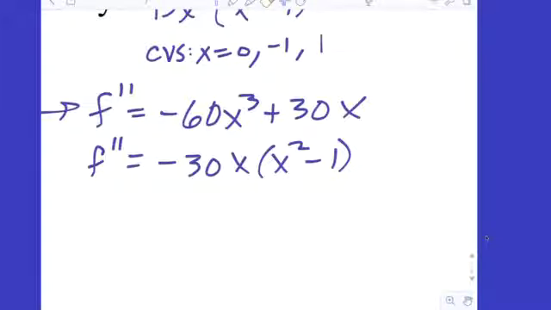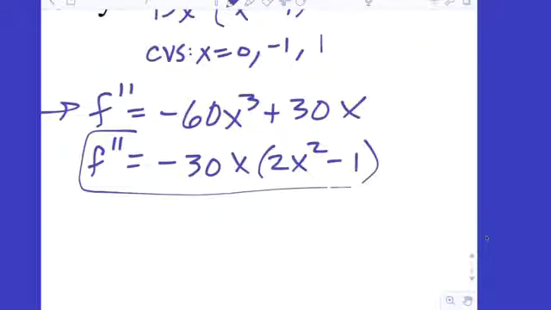2x squared, yeah, that's right. That was not going to work. That was going to give me a 0 for everything. That should be a 2x squared minus 1. All right, so now that we have kind of the factored version, let's plug in the critical values and see